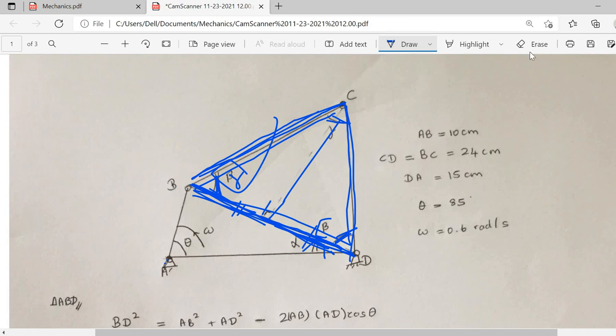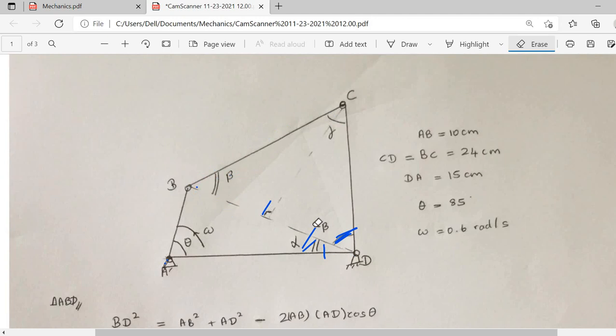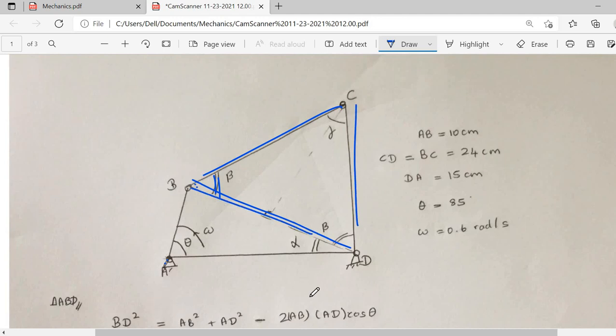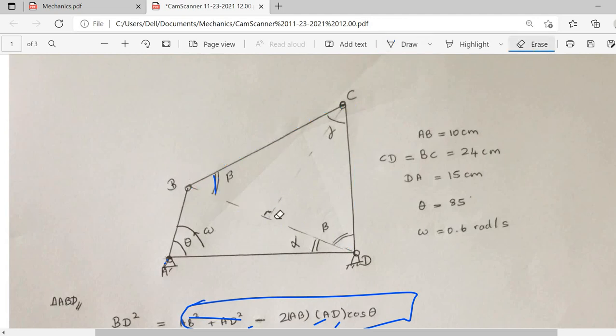But the main thing is, for you it might be different. So if you have any difference between these angles, you can directly use the cosine rule and find each and every angle in this triangle related to BD as well as BC and CD. When you are finding the values related to BD, as you have already found the value using cos theta and any other lengths which we already knew, it won't be a big deal. You can easily find that too.